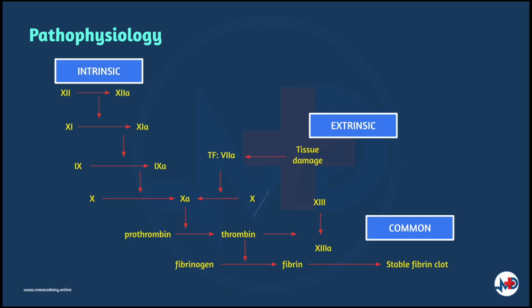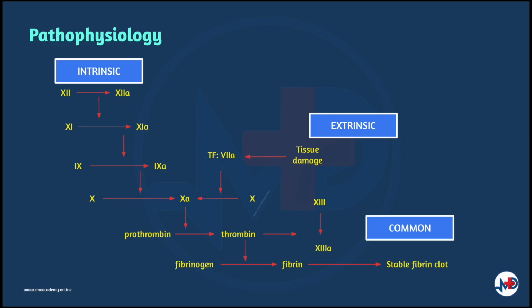The intrinsic pathway is the longer pathway of secondary hemostasis. It begins with the activation of factor 12, a zymogen inactivated serum protease, which becomes factor 12A after exposure to endothelial collagen. Endothelial collagen is only exposed when endothelial damage occurs. Factor 12A acts as a catalyst to activate factor 11 to factor 11A. Factor 11A then goes on to activate factor 9 to factor 9A. Factor 9A goes on to serve as a catalyst for turning factor 10 to factor 10A, and this is known